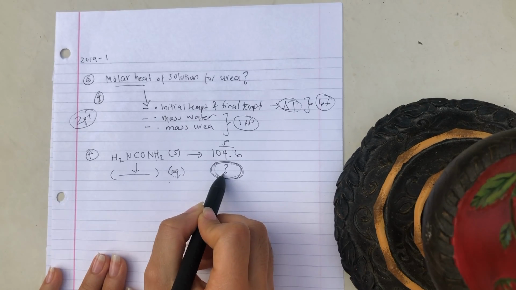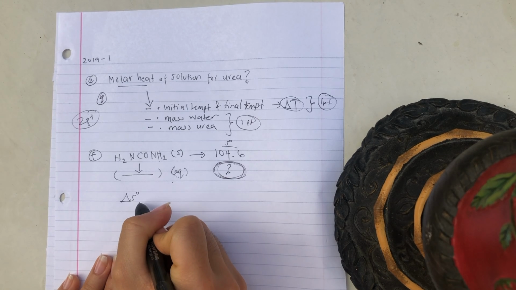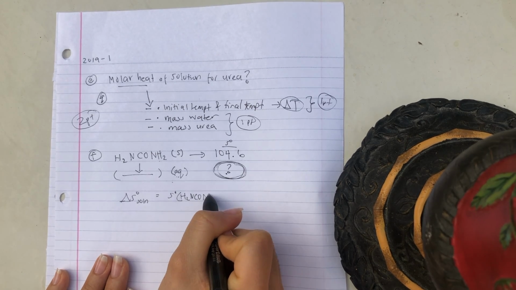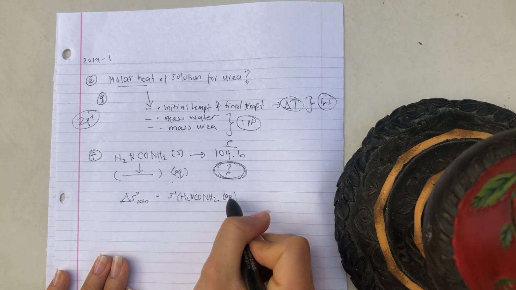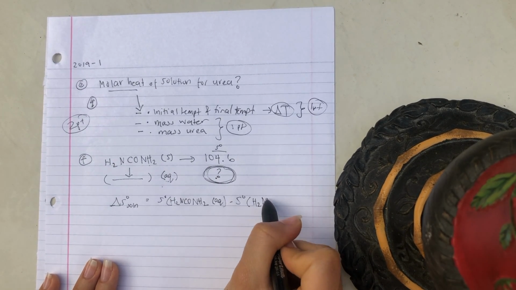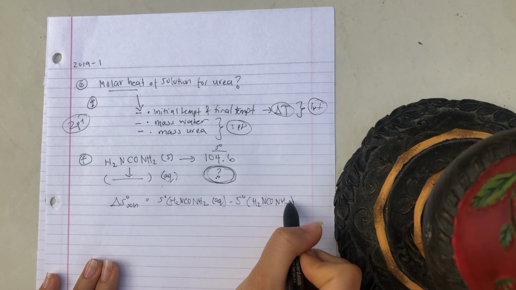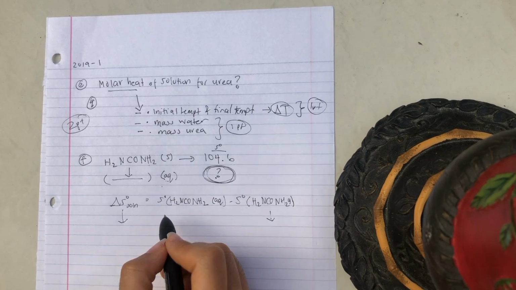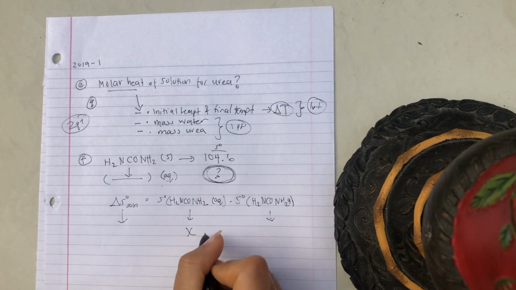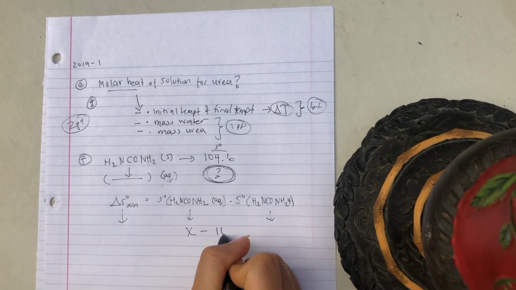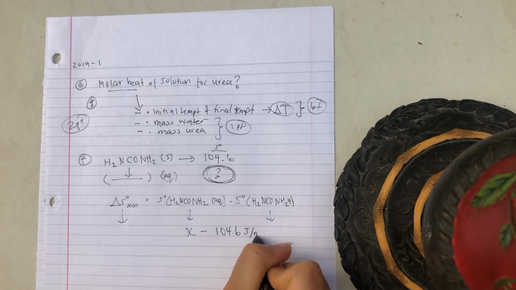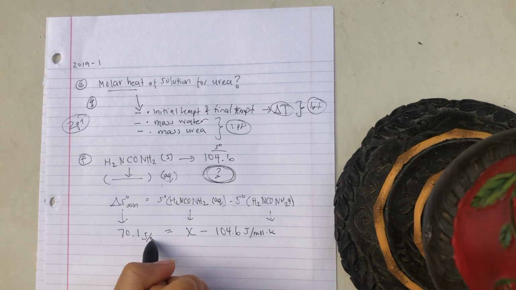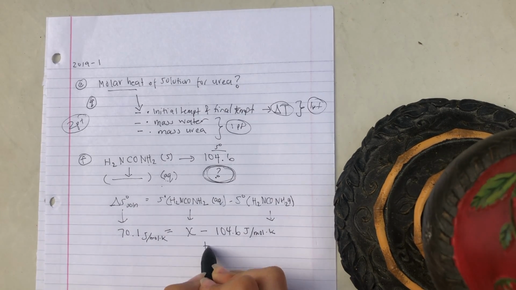And so if we were to just draw what they're asking for without plugging in any numbers, that would be the S for aqueous minus the S for solid, right? So this is given, and this is given, and this is what we would be finding for X. So X minus 104.6 joules per mole per Kelvin equals 70.1 joules per mole per Kelvin, right? And then we're to add this,